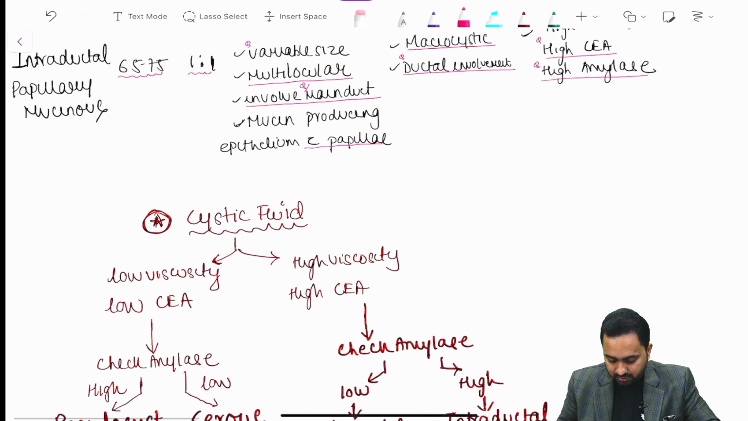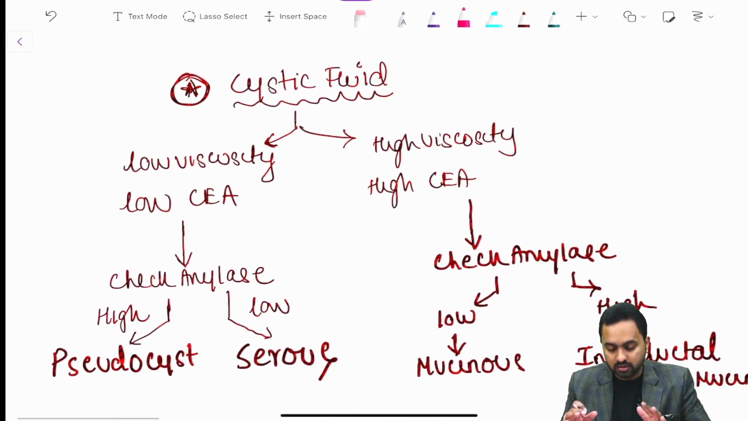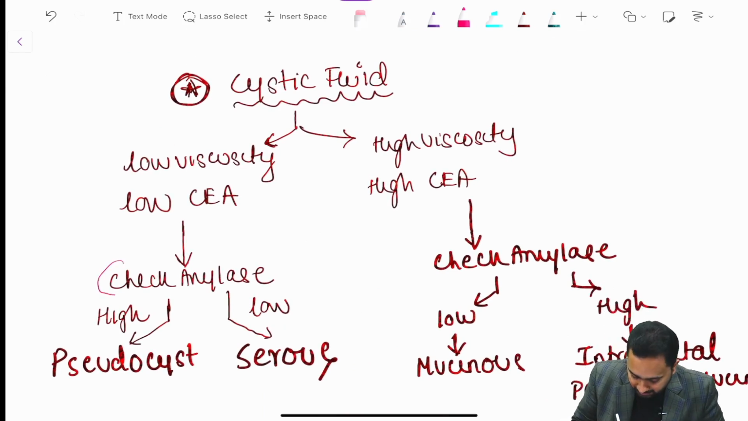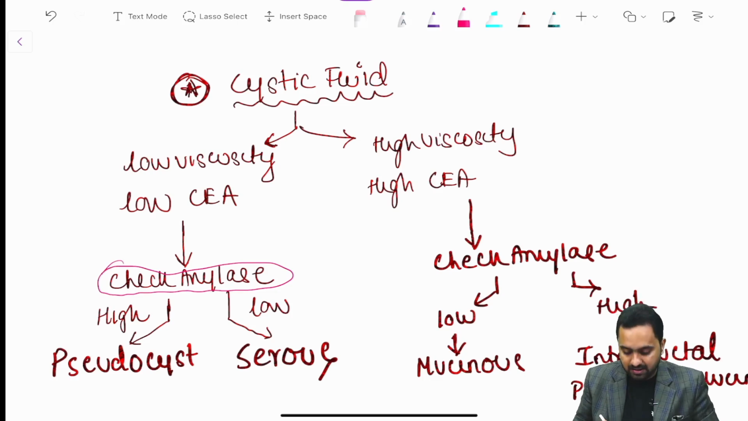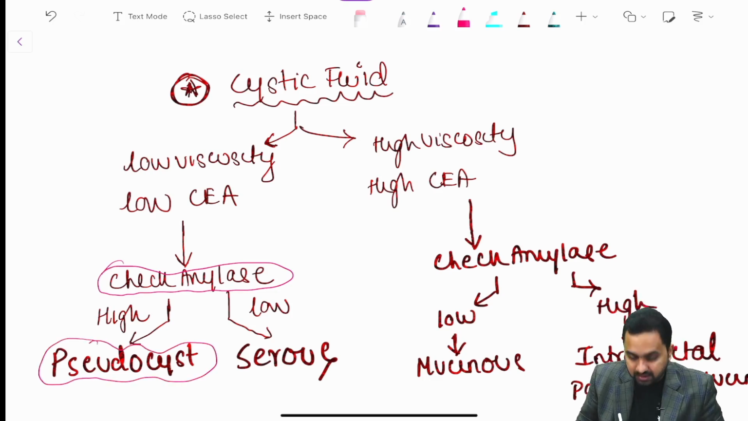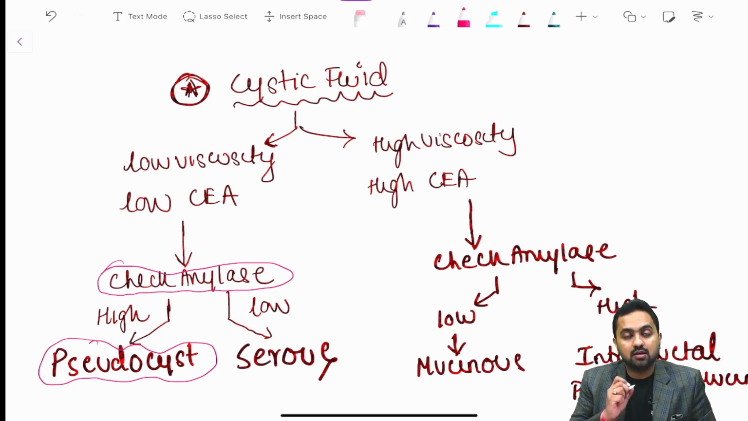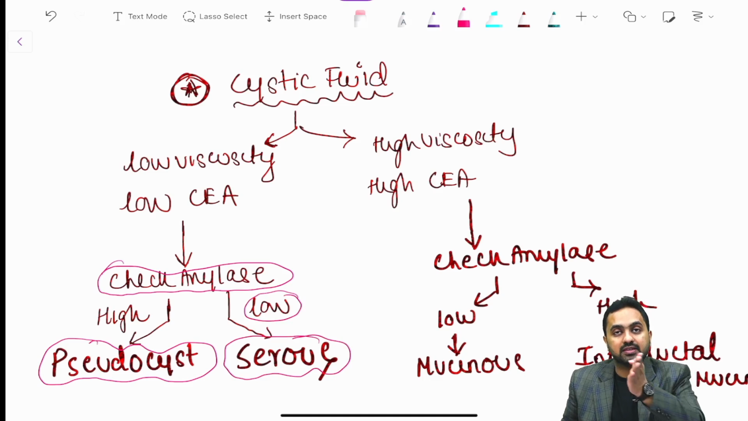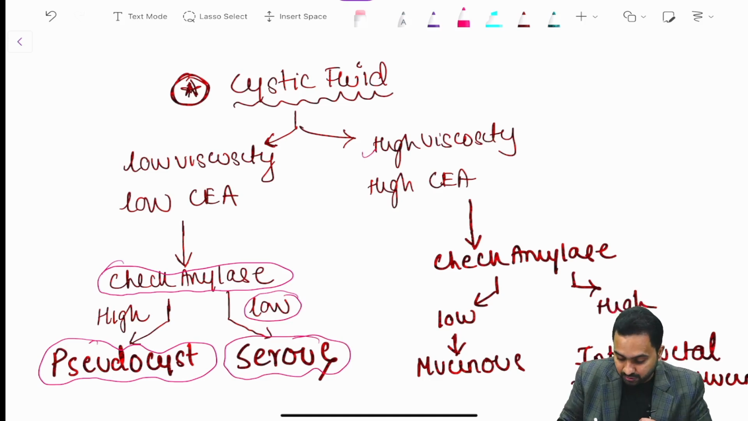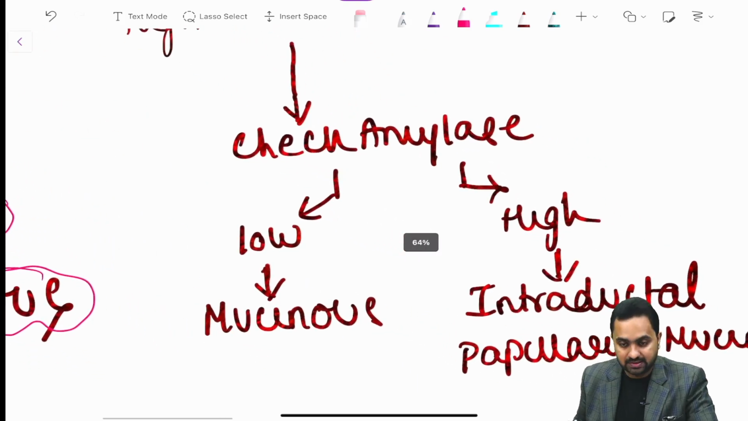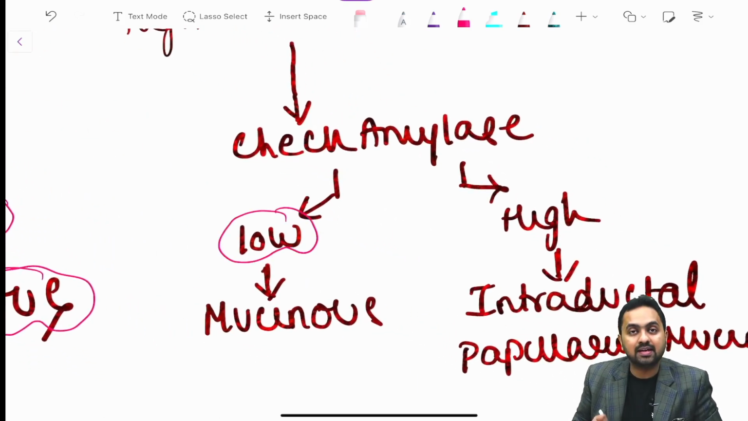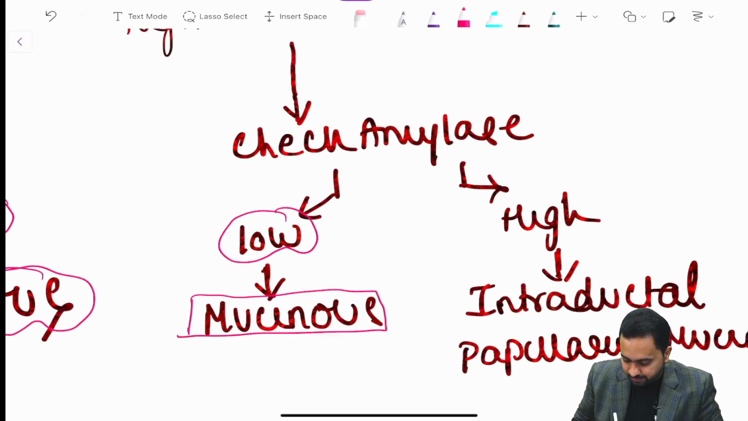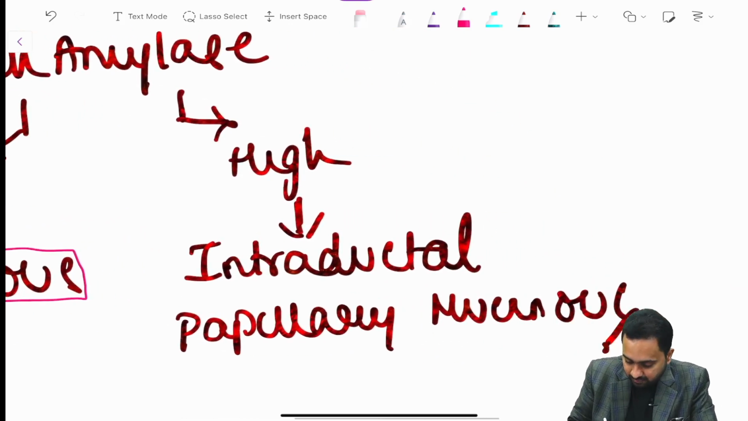Now, just to summarize your cystic fluid differences. If you do a cystic fluid analysis and there is a low viscosity and low CEA, then we check the amylase level. Now, if this amylase level is high, then it would be a pseudocyst. We have discussed the pseudocyst part in your acute pancreatitis part 2 video, and if the amylase is low, then it would be your serous cystic neoplasm. Now, if the cystic fluid is having your high viscosity and your high CEA, then we check the amylase level. Now, if this amylase level is low, then it would be your mucinous neoplasm, and if this is high, it would be your